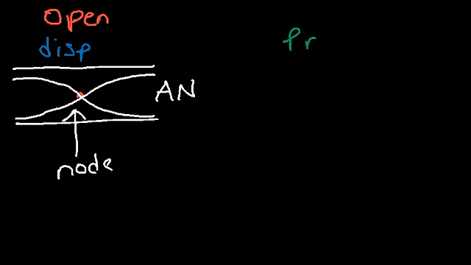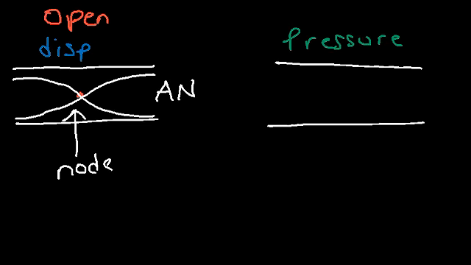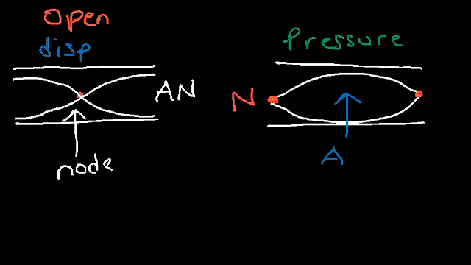Now, if you're dealing with the pressure of air for an open tube, it looks like this. Notice that the node is at the open end, and the antinode is inside. It's different. The reason why we have an antinode outside for the displacement of air is because air can move freely there. Whereas in the case of pressure, the reason why we have a node is because it's open to the atmosphere. It doesn't alternate there. But on the inside, the pressure can alternate.